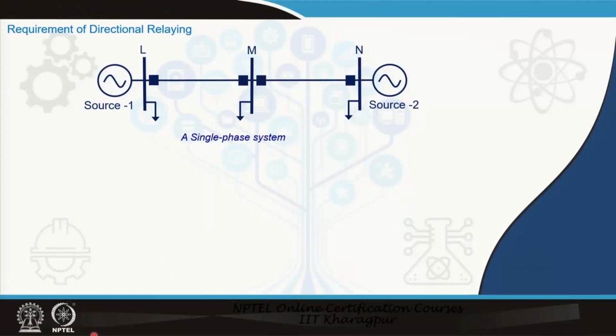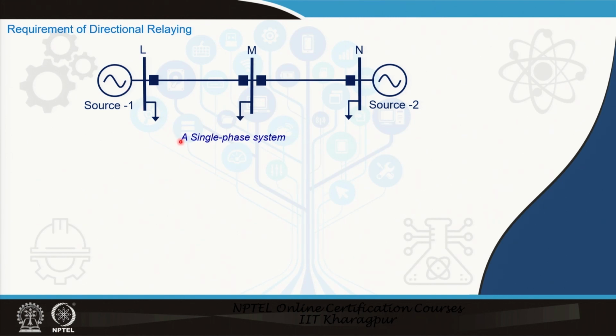Before going to the directional relaying, we will see the need of directional relaying. How does it help in protection schemes? So, if you see this simple system, now as compared to earlier cases, we have sources at both the sides. So, this is no more radial. So, power can flow from left to right or right to left. We can think about a tie line connections at transmission level or so.